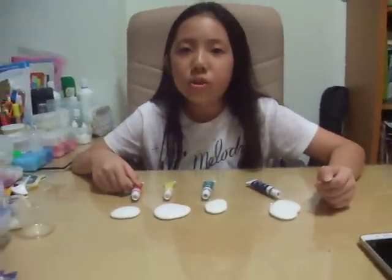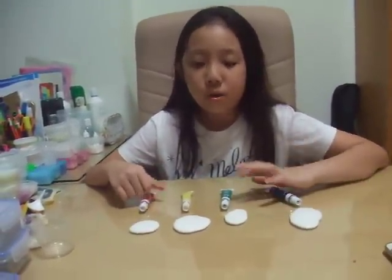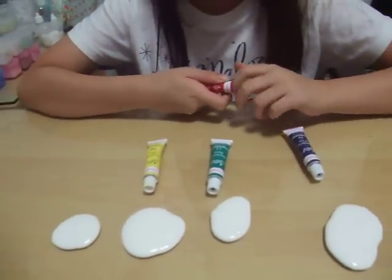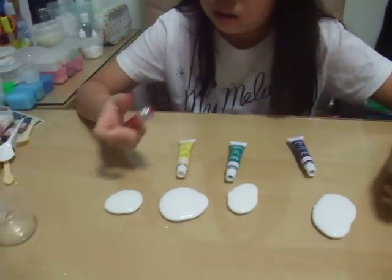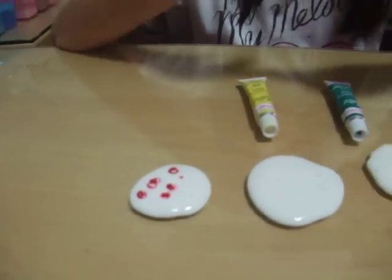Today I will be sharing with you how to make marble slime. You will need 4 different batches of white slime, or depending on you. First, start by coloring your slime in whatever color you want